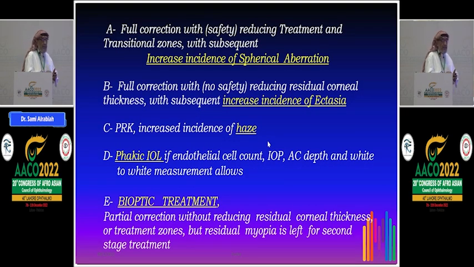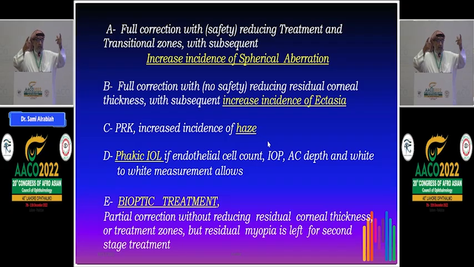If I give you a patient like that, you will consider 1, 2, 3, 4 things, and I'll give you the 5th option. First option, that you fully correct. But because you are afraid, instead of giving him a 9 millimeter treatment zone, you will go for something like a 5 millimeter treatment zone, so it is less depth. This is a good idea, but you will increase the incidence of spherical aberration, and the patient will be happy at daytime, but will not be able to drive at night